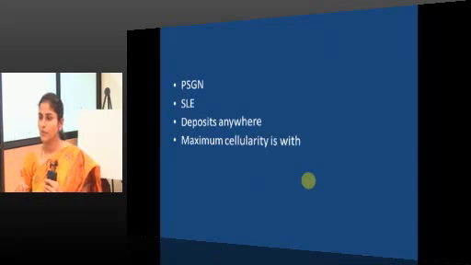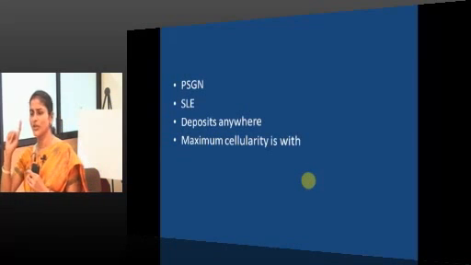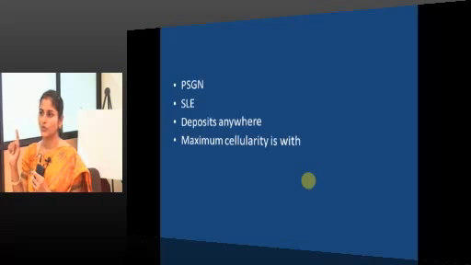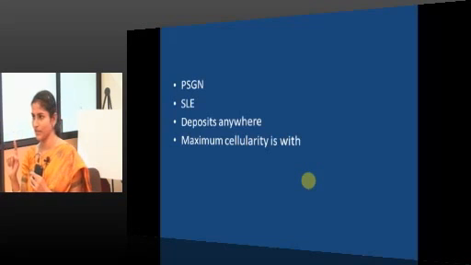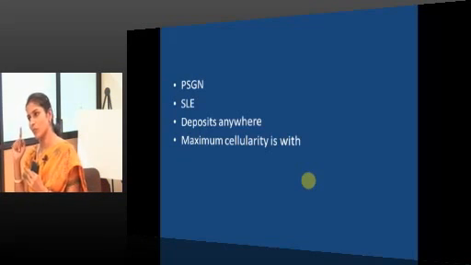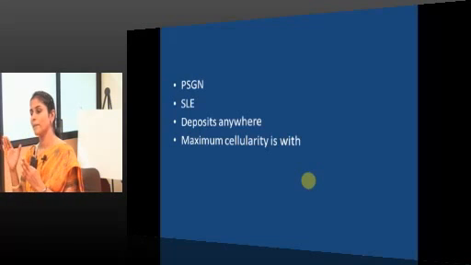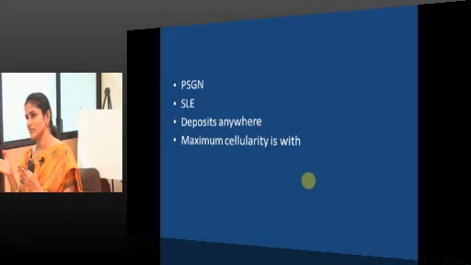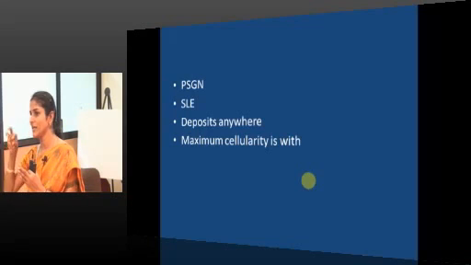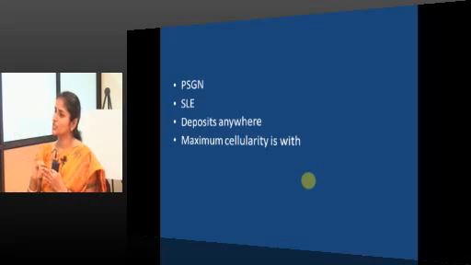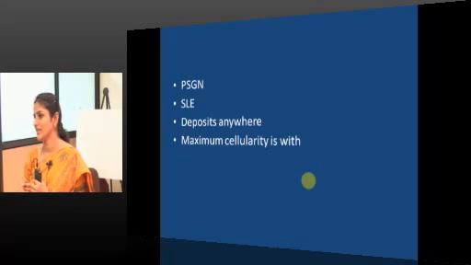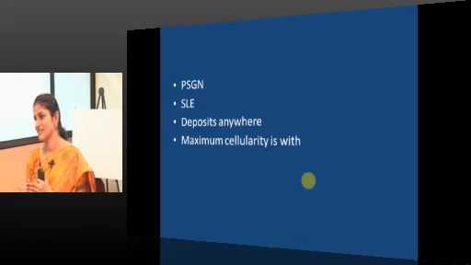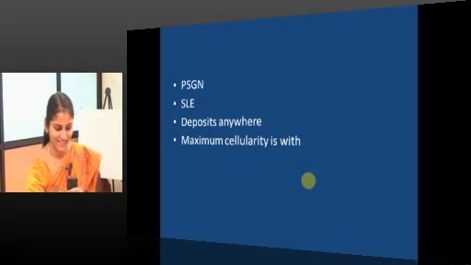So, apart from this, post-streptococcal glomerulonephritis, where do you commonly see the deposits? Post-streptococcal, subepithelial. SLE, subendothelial. SLE and MPGN type 1, subendothelial. MPGN type 2, dense deposits on the membrane. So, it is membranous. Which other pathology affects the membrane? Goodpasture's disease. Then you can revise this with me.